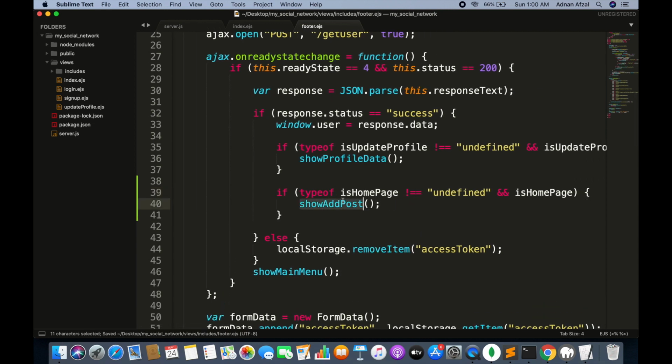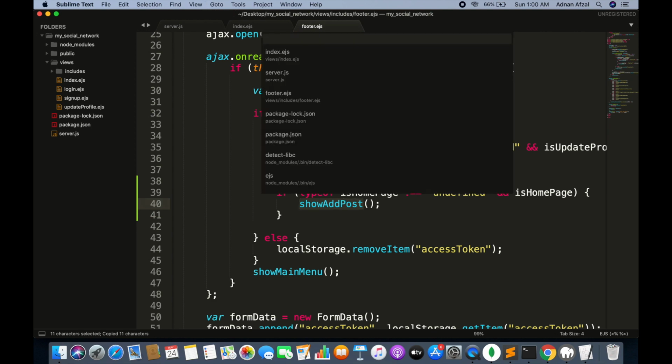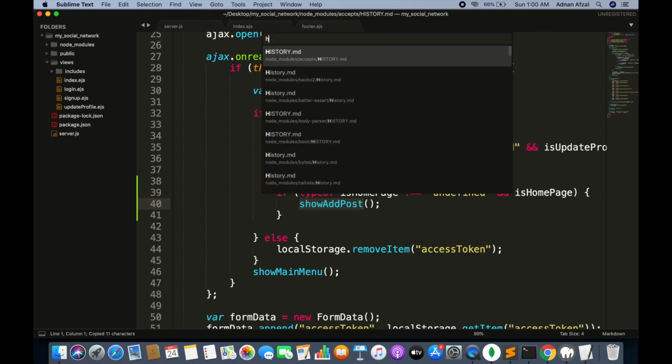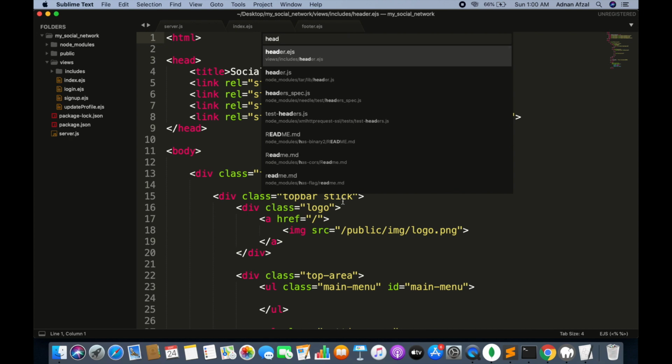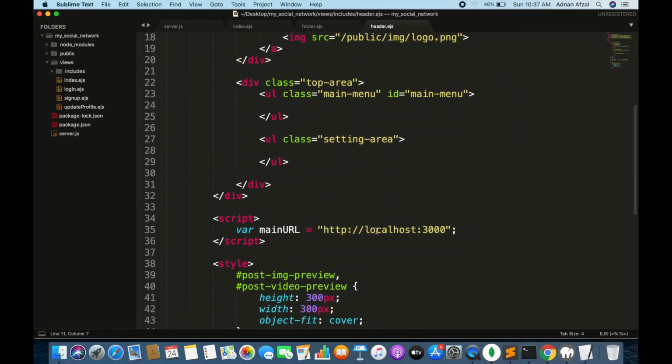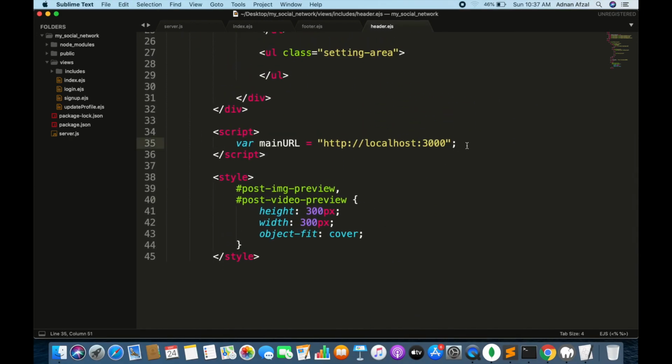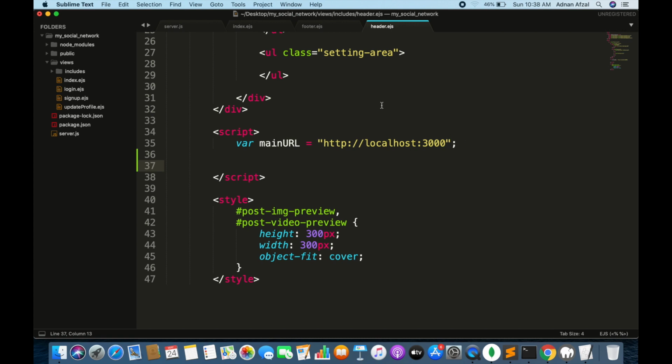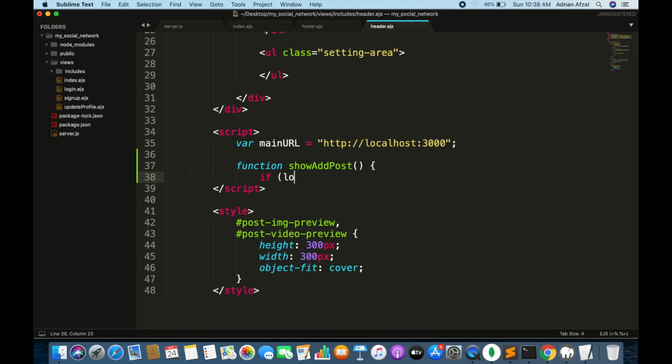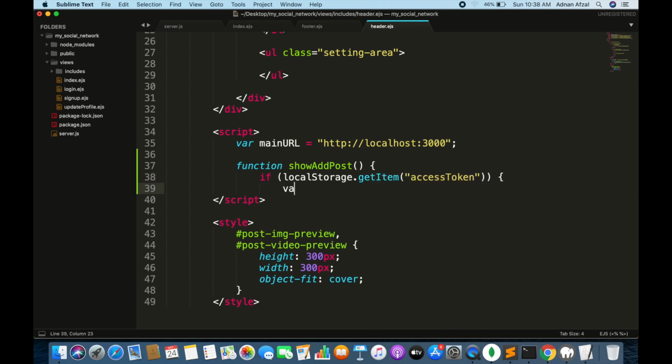Create this function in header.ejs because it will be accessible in different pages. In this function, first check if the user is logged in, then display logged in user's profile image.